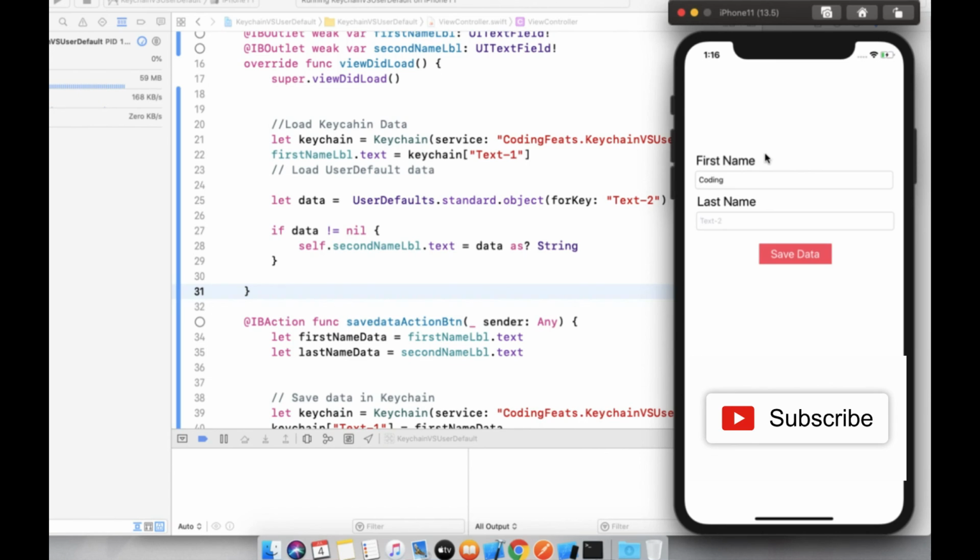When the app is deleted, keychain data is not deleted for the application, it is saved in your mobile. And your NSUserDefaults data will not show unless your app is there. So here you can see the clear difference between keychain and NSUserDefaults. NSUserDefaults data is saved in your application until your application is uninstalled. So that's the difference between keychain and NSUserDefaults data.